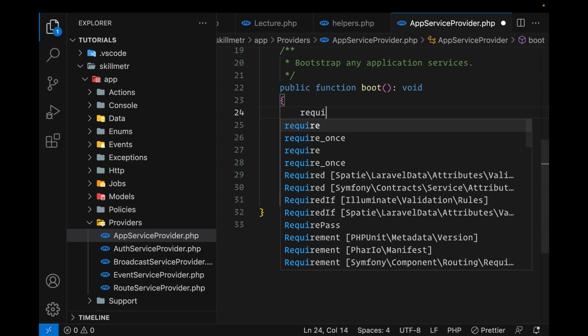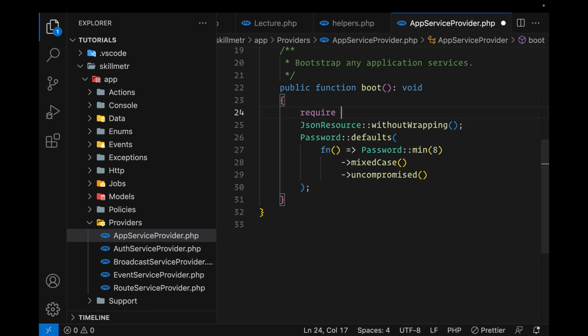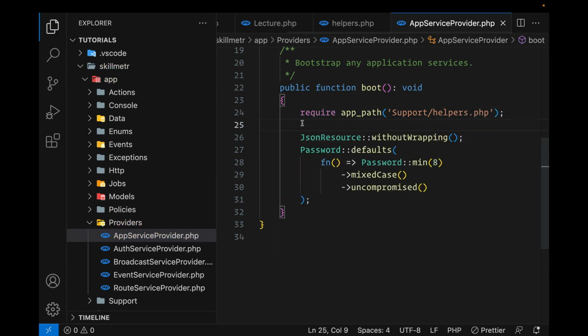available. So in here, we can just do require app path, because it is in the app path. That's a helper method in Laravel to resolve this path. So app path, and in there, we have it in a subfolder called support, and then helpers.php. Okay. So that function, by putting it in our app service provider in the boot method, it will become globally available because when Laravel boots up initially, it will read that file and it will become part of the entire